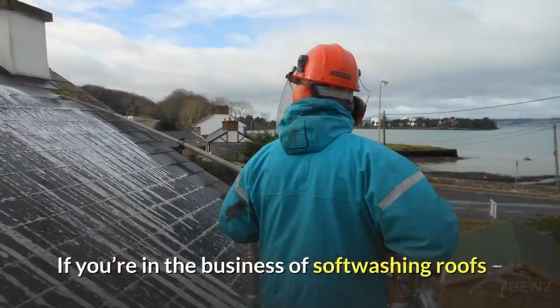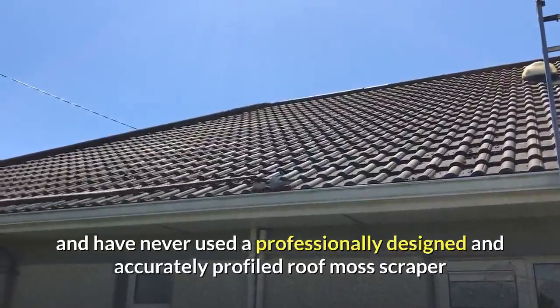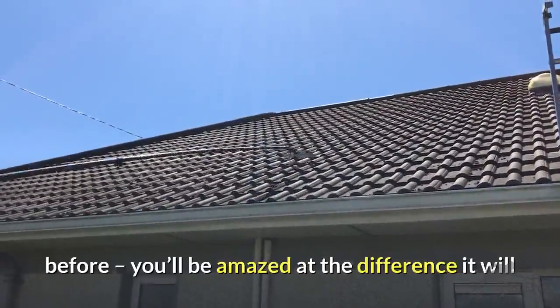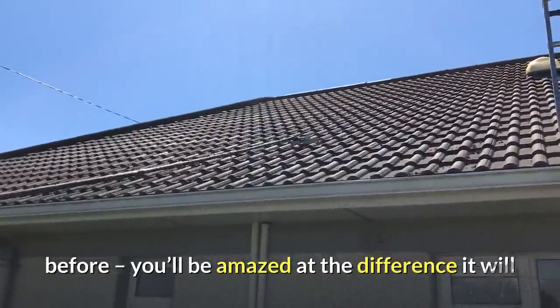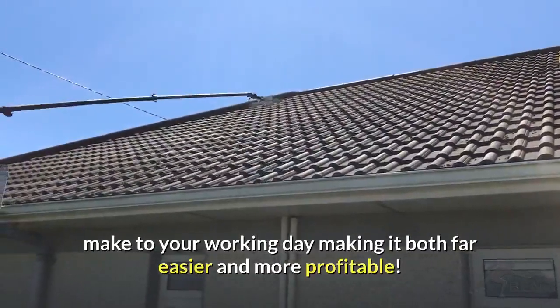If you're in the business of softwashing roofs and have never used a professionally designed and accurately profiled roof moss scraper before, you'll be amazed at the difference it will make to your working day, making it both far easier and more